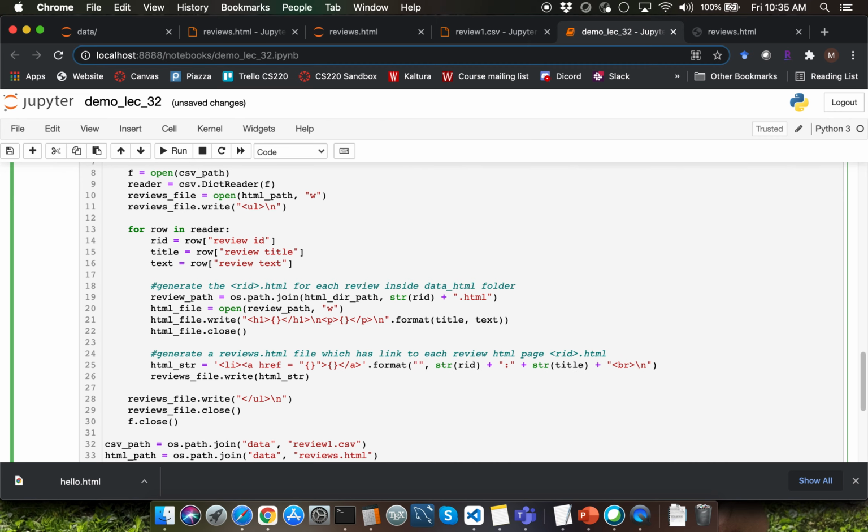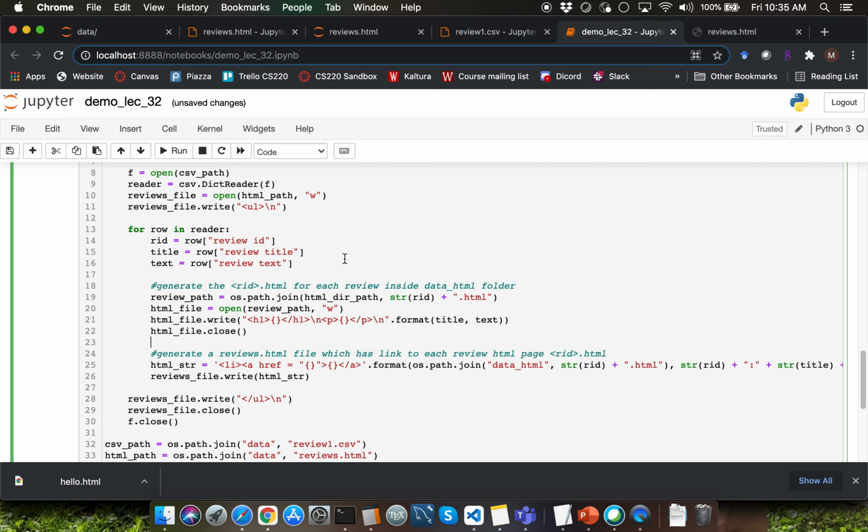For now, I'm going to just hard code this by saying data_html, and then I'm actually going to use os.path.join. I'm going to just join the string data_html with the corresponding review id.html file.